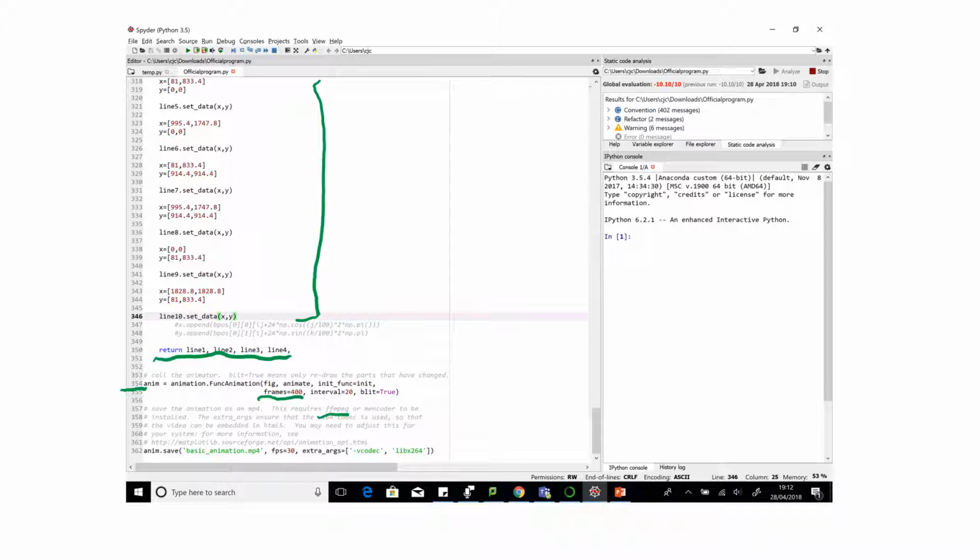So there you can see on line 362, I do anim save. This produces a basic_animation.mp4 file stored in the same folder that this code itself is stored in. I can go click on it and view it. At this stage, my program is completely finished. I just thought I should mention that obviously through this run through, I have spoken about many structures and many basic programming techniques. I learnt these from a number of sources,